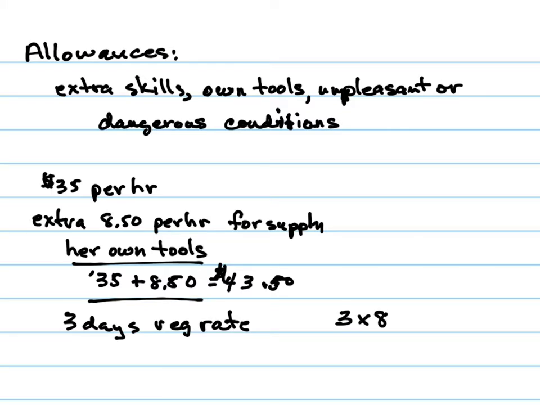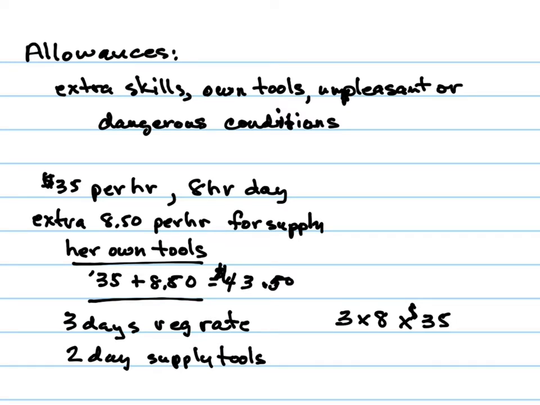She worked an 8-hour day. Times her rate of $35 per hour. So that's just her regular rate. On two extra days, she supplied her own tools. Okay? So for 2 days, she supplied her own tools,